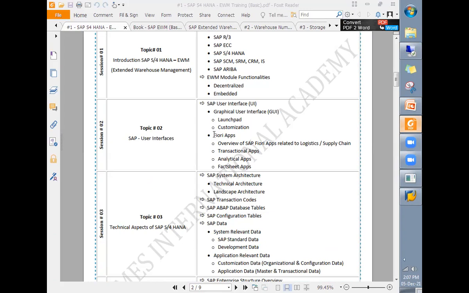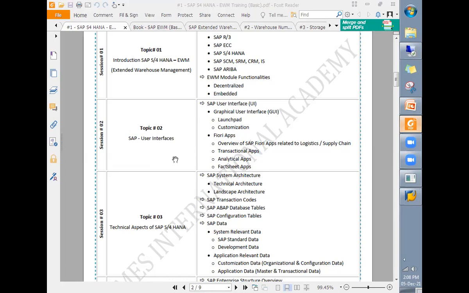So in our training, as and when required, we will be using both interfaces. When it comes to GUI, all transactions and configurations are carried out in the GUI, and as far as the Fiori app is concerned, transactions are carried out in the Fiori app.